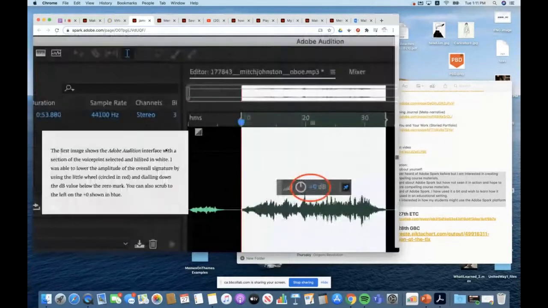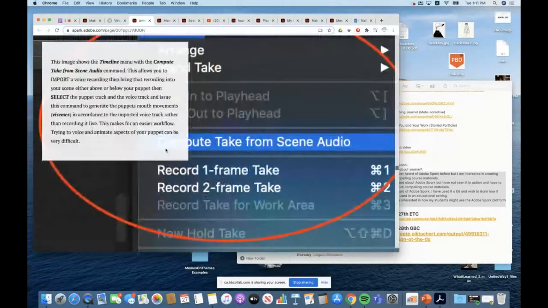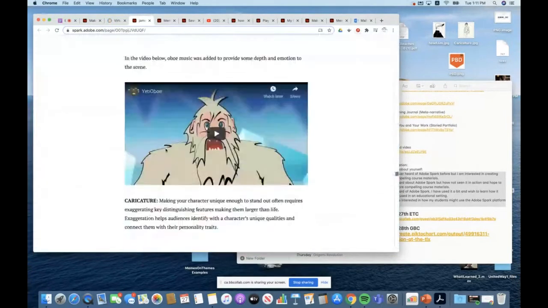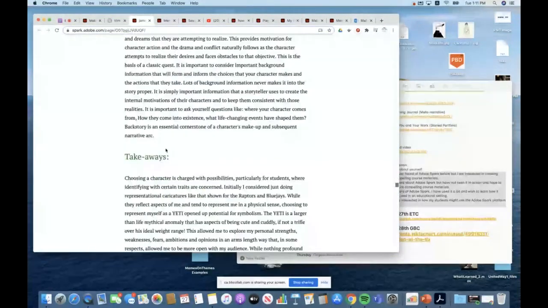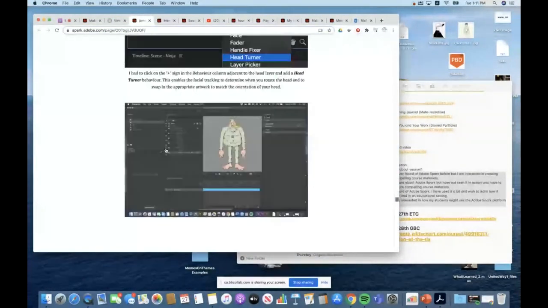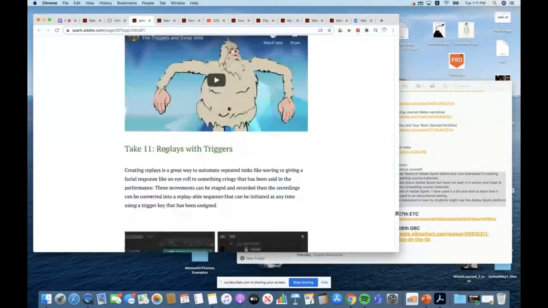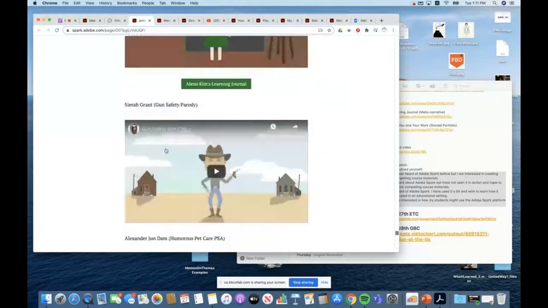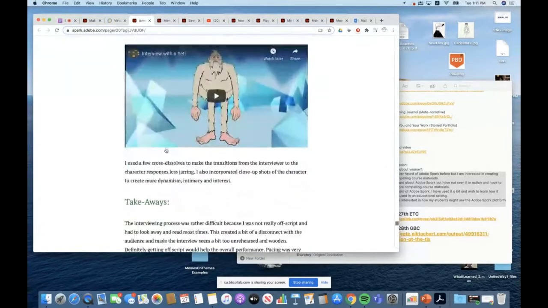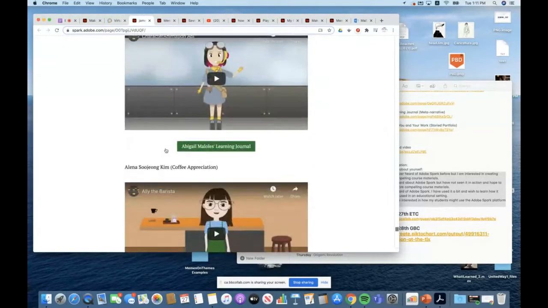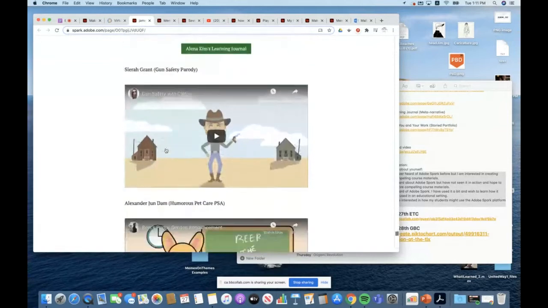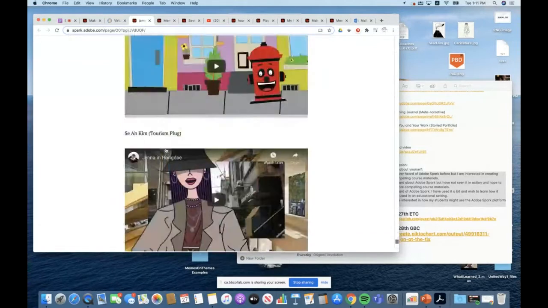This is a breakdown of me actually doing a project myself and sharing with them my insights, the background theory that I'm taking into consideration, and all the way to the end, writing about takeaways. And of course, samples of previous students' projects in here.